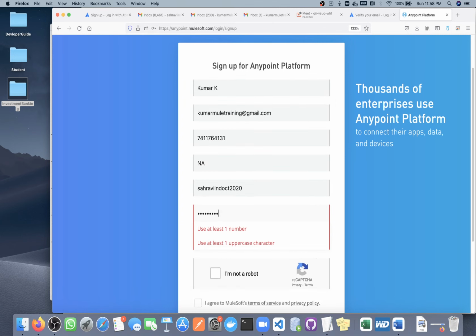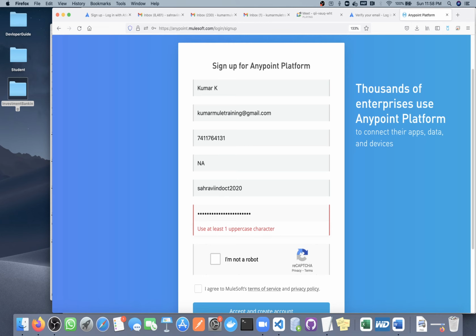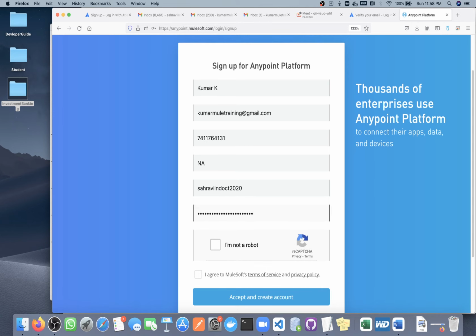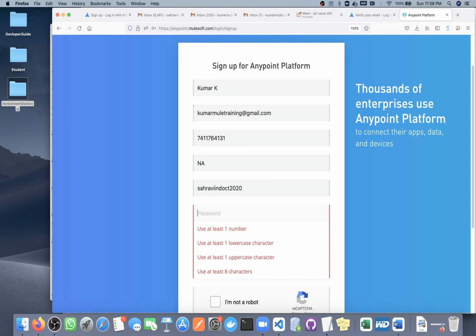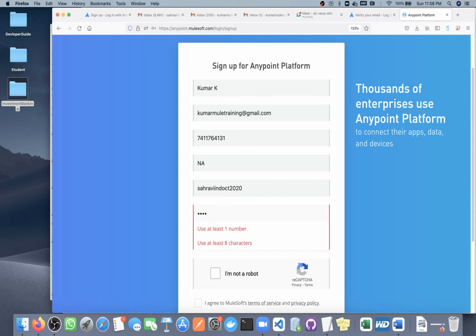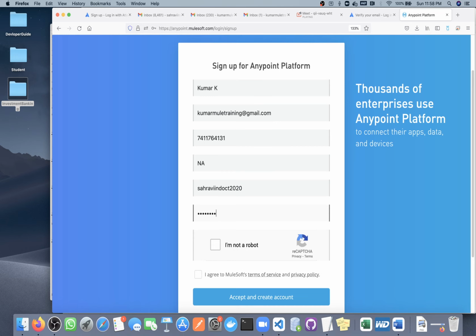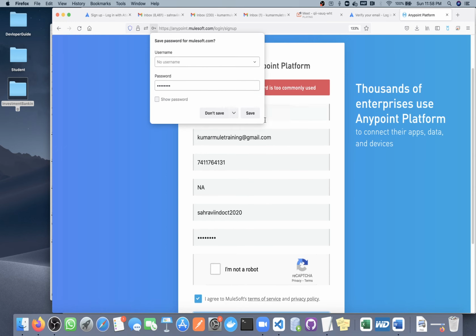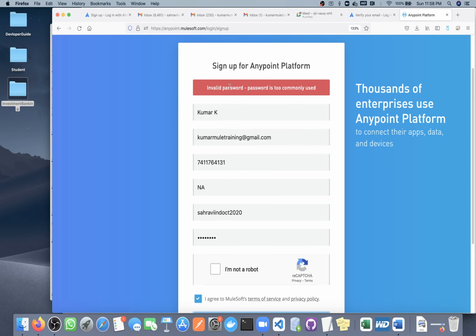Okay, password, let me use some logical password. Then select I am not a robot, I agree, accept. Invalid password.